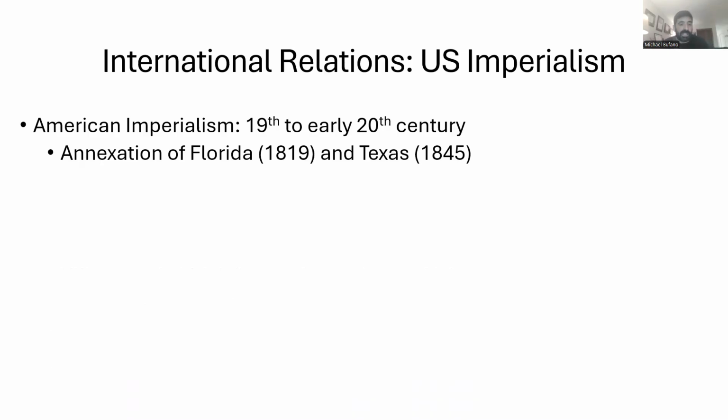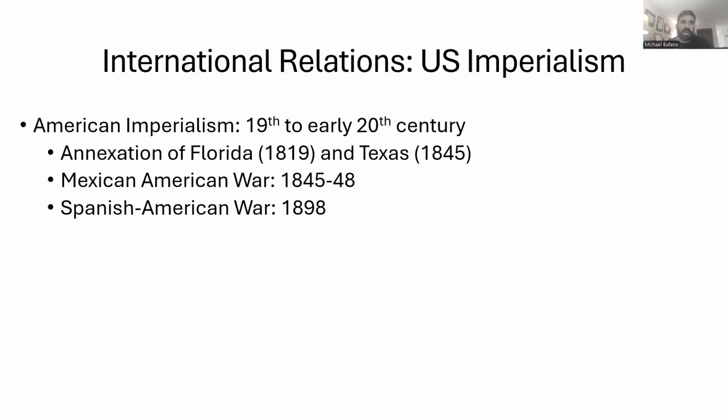In fact, parts of, as I said, the United States were actually initially part of Latin America. They were Spanish colonies. So America annexed Florida in 1819 and annexed Texas in 1845. The United States also went to war with Mexico, a 3-year war that eventually led to the United States seceding a little less than half of Mexico's territory. So California was once part of Mexico. That's why we have cities in California like Los Angeles, San Francisco. Those are Spanish names. In Texas, we have San Antonio. And in Florida, right, we have tons of cities with Spanish names like Miami.